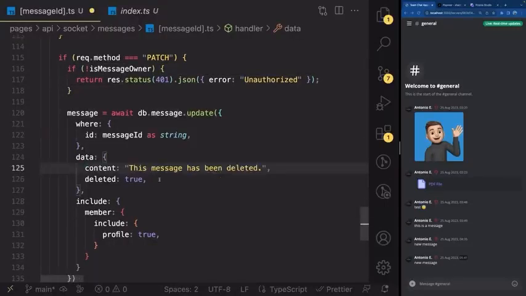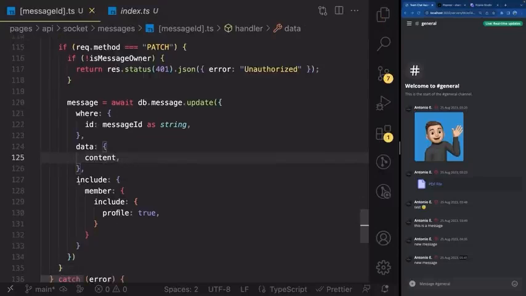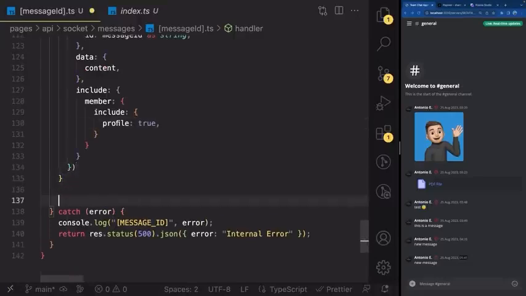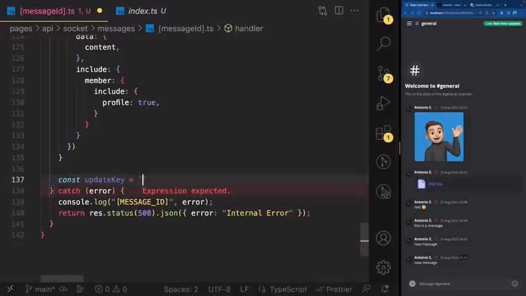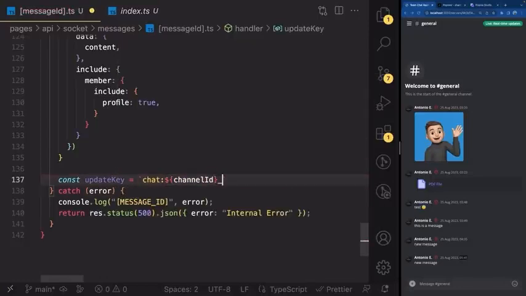Instead, we're not going to change file URL, we're not going to change the content. We're going to do the content change using that variable. So this is the same thing as writing content, which we extracted from the request body. And make sure to include the member and to include the profile. Perfect. And now go outside of this if clause and write const update key, backticks chat, channel ID like that,